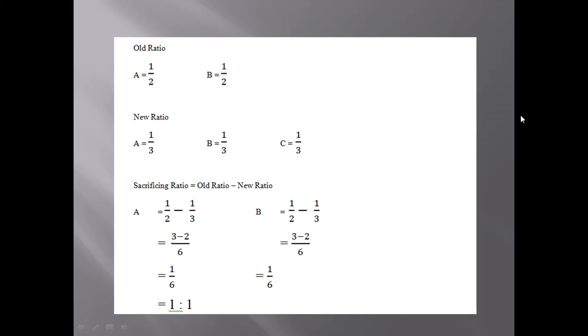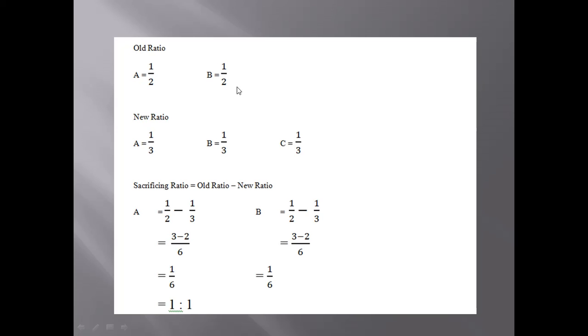So, when the ratio is not mentioned, we know that the partners are equal partners, which means when A and B were partners before the admission of C, they were equal partners. That is why we can see here that A and B are sharing profits and losses equally. That is 1 by 2 and 1 by 2 because there were two partners, that is divided by 2.